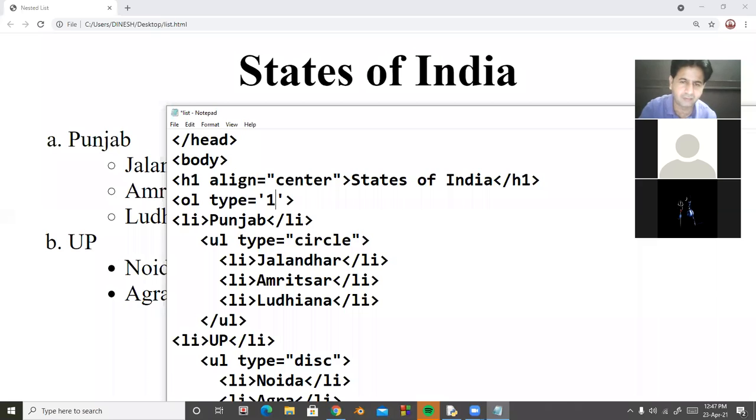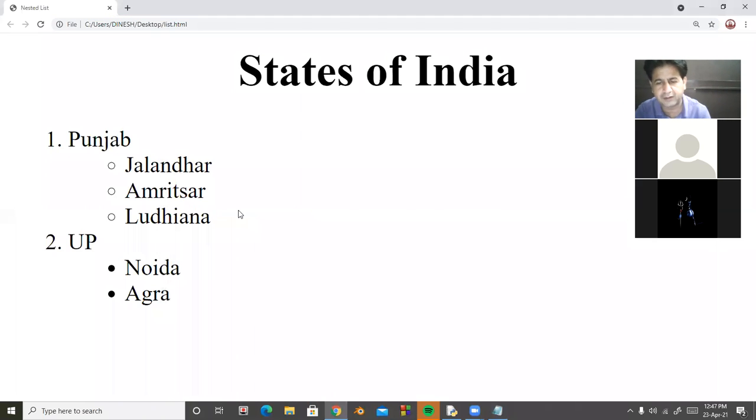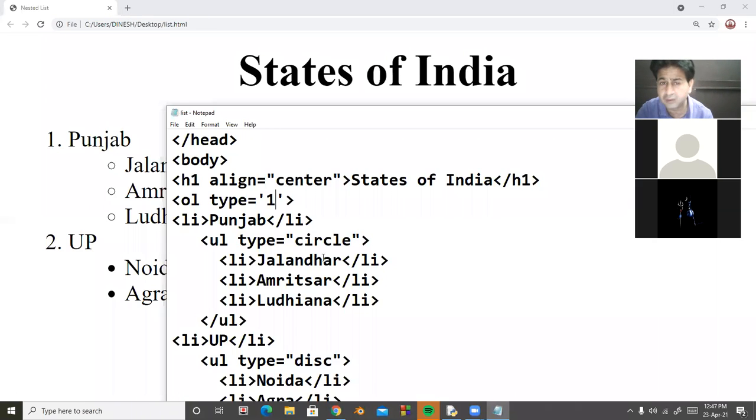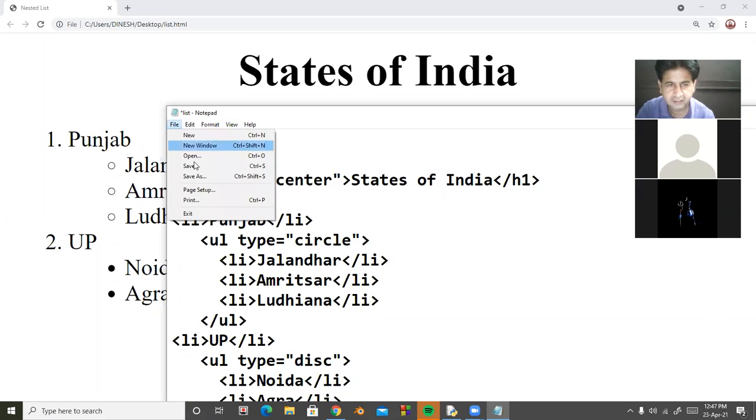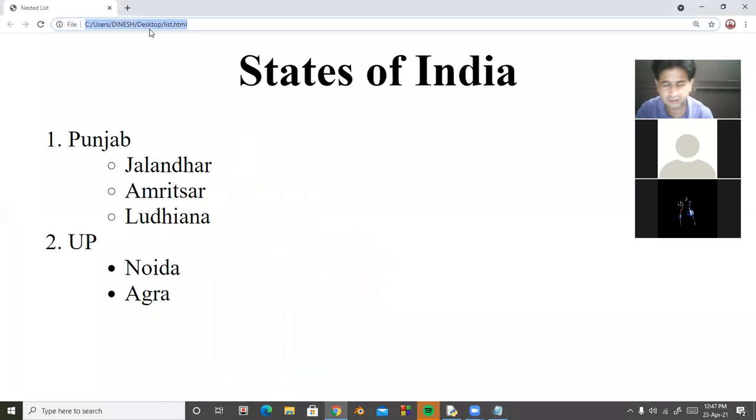So I'm taking here 1. It displays 1 and 2. Even if I ignore this, I'm not using the type attribute, even then it will take digits, numeric values. So this is all about ordered list.